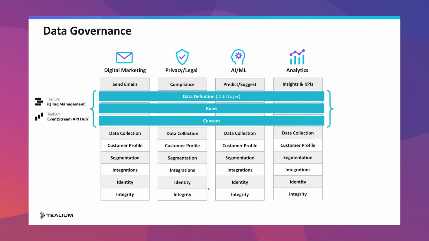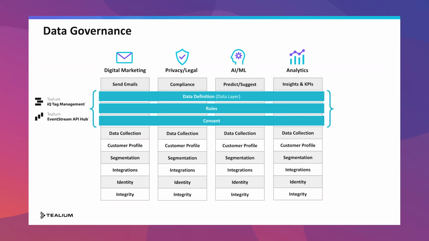Tealium IQ and Tealium Event Stream are the automated solutions that collect data. They detect it on any device. They make sure that it follows the data definition of your company. That means legal has a say in what you collect. Digital marketing has a need in what you collect. They'll tell you which cookies you need from a first-party perspective. They'll indicate which third-party cookies are now extinct. Privacy regulations, any features or labels that ML platforms need, all of it's rolled up into the data layer. And this is a portable blueprint that can be distributed on devices, on systems, in any platform that needs to